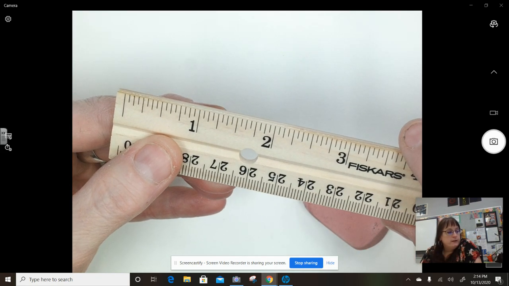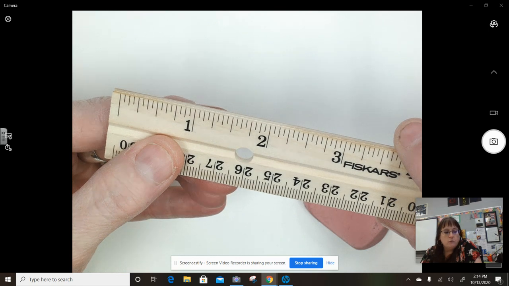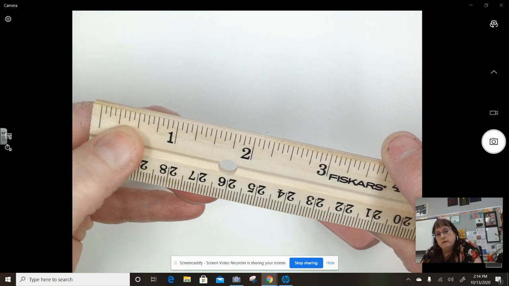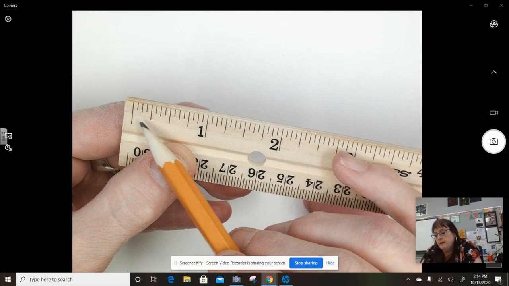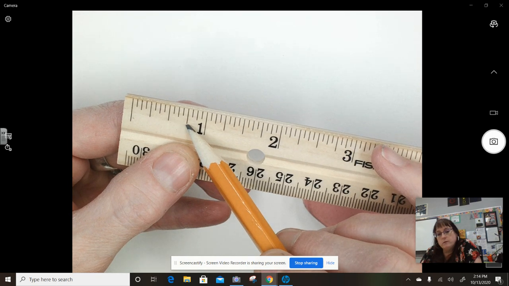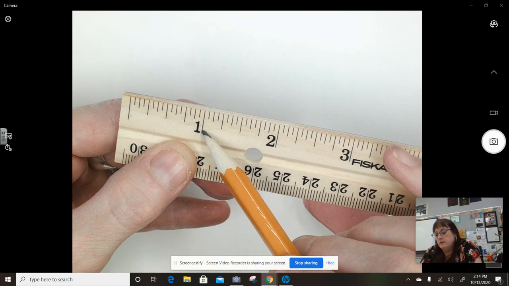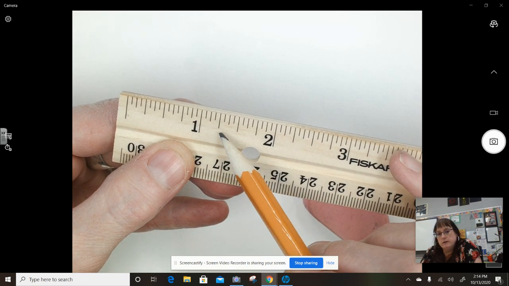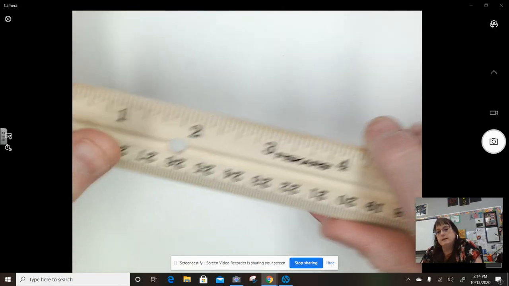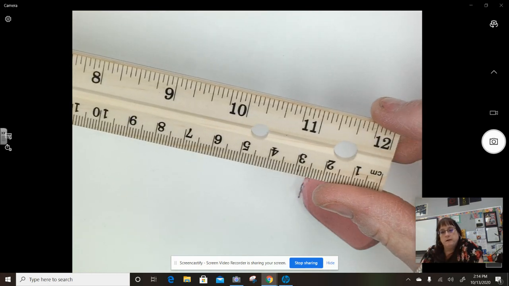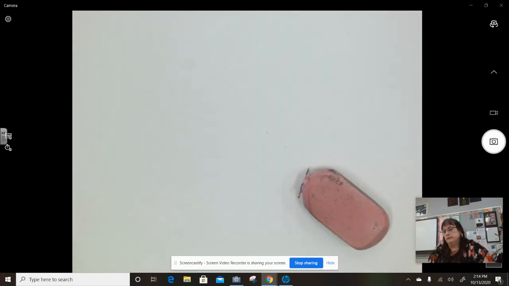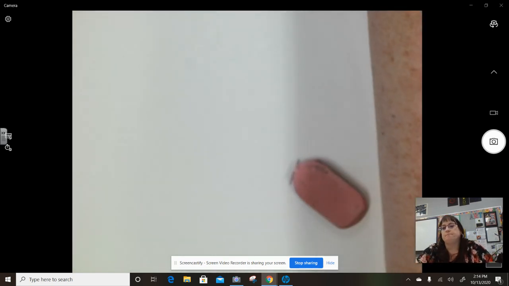Now in this video, I do talk about using 3/4 or 1/4 or 1/2. So I just wanted to make sure that you knew where those are on the ruler. So one more time, 0, 1/4, 1/2, 3/4, and an inch. So anytime that I'm talking about those, just so you know where those are on this wooden ruler. Okay, this is the inch side, the one that goes from 1 to 12, and then the other side is the centimeter side. All right, so now that we've got that straightened,